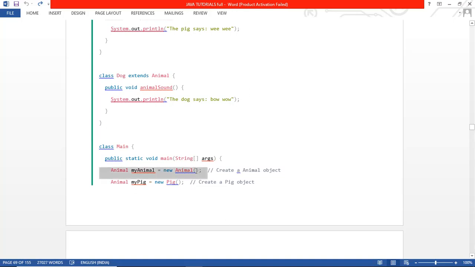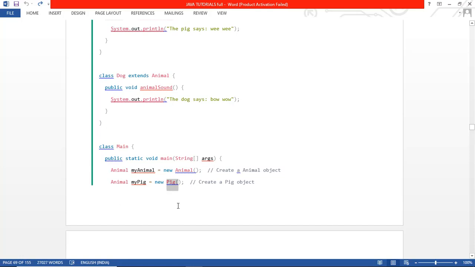When we create the object for the Animal class, it is the same thing: the Animal class name, then an object name equals new Animal class constructor. But when creating the object for the two child classes, Pig and Dog, in the place of the class name we use the parent class name, that is the Animal class name. Then we give a name to that object equals,